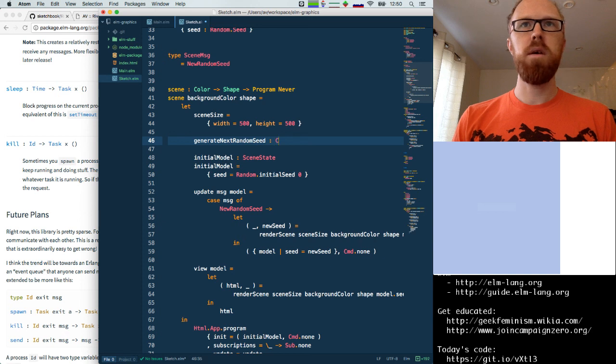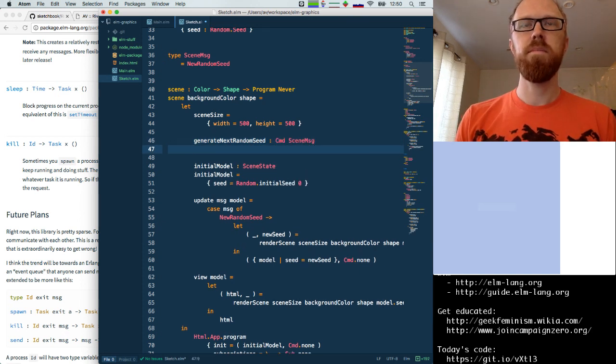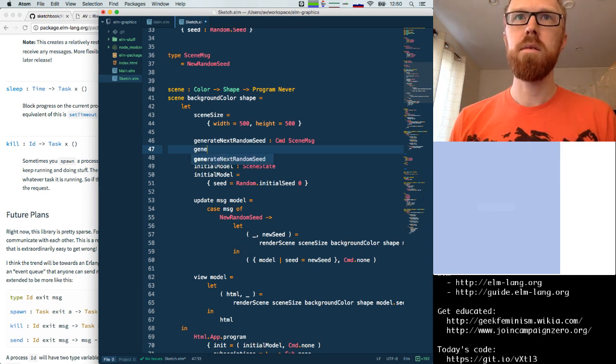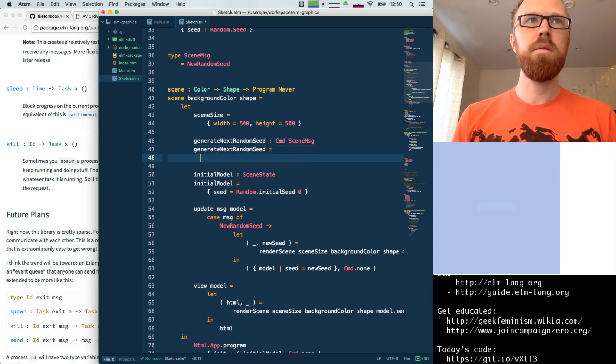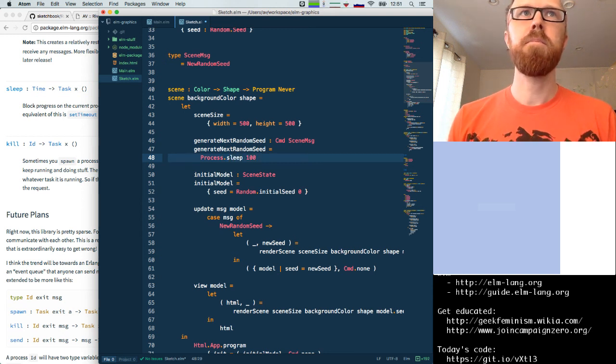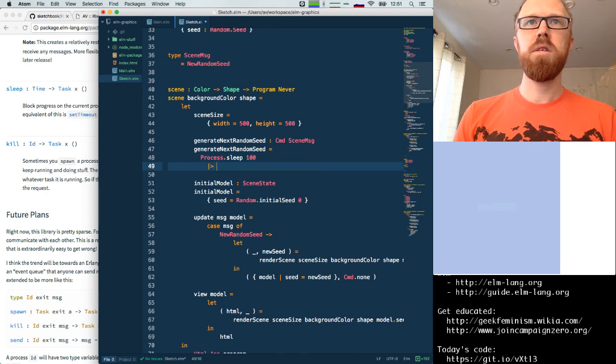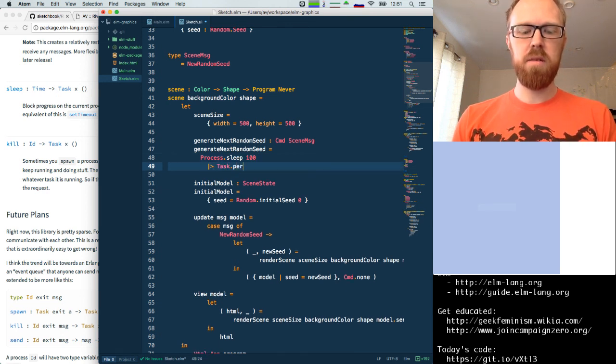This is going to be a command of scene message, and this is going to equal Process.sleep 100 milliseconds, which gives us a task, and then we use Task.perform,